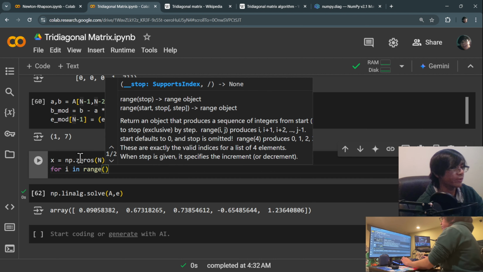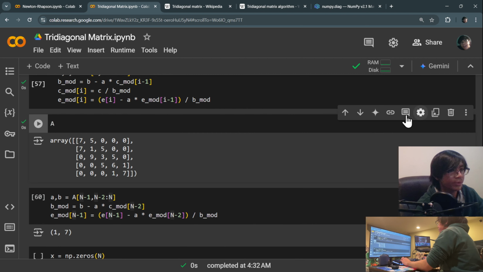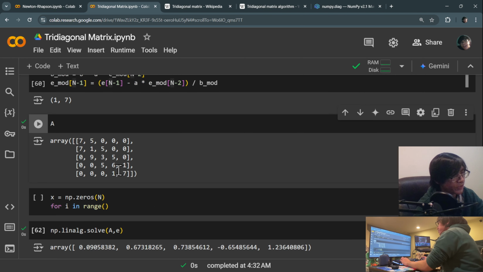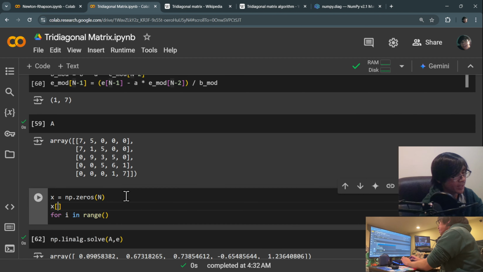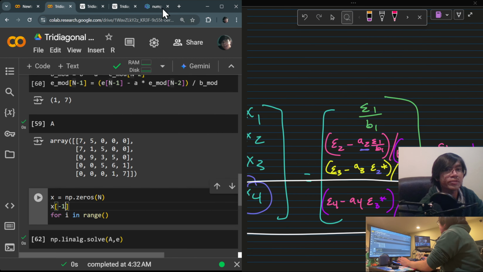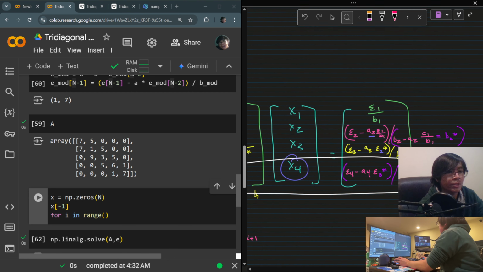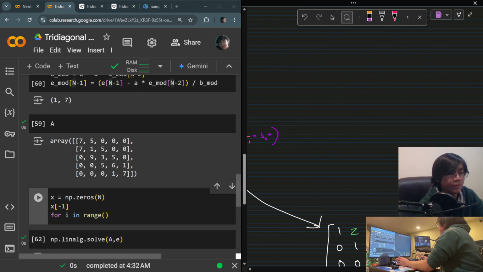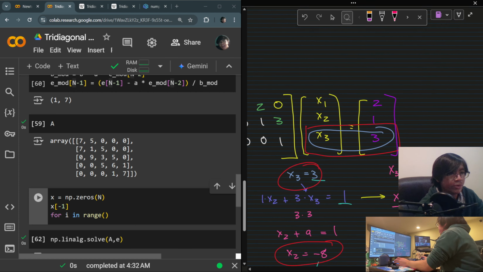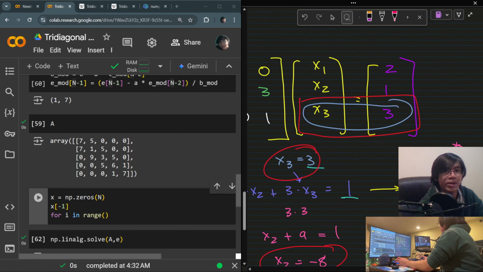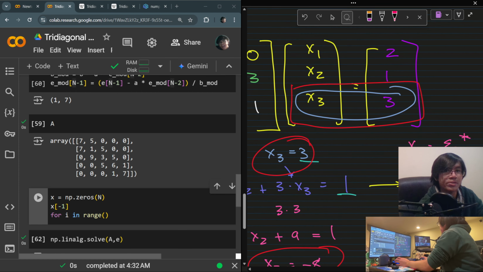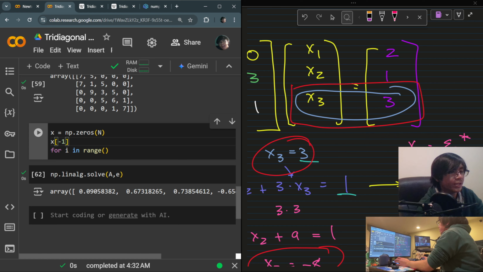Where are we going? Well, I always need to bring this down. Well, actually, we already know this value, so x at -1. Remember how we saw that over here? Our value for the last component of x was equal to the last modified value of our equations on the right-hand side in red. So that's exactly what I'm doing here. X -1, the last value, is equal to the last value of our modified